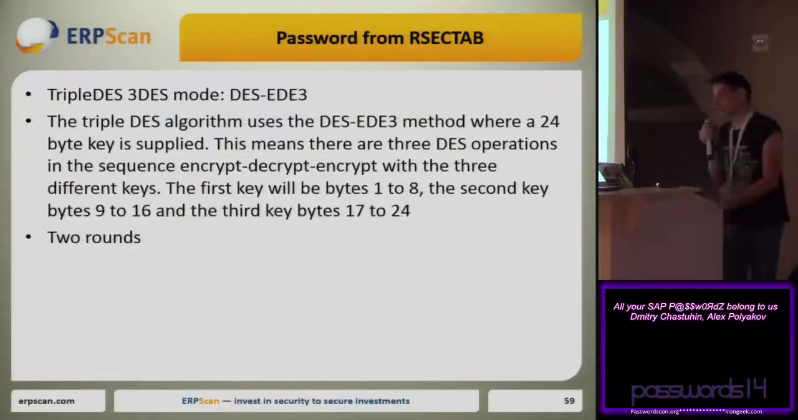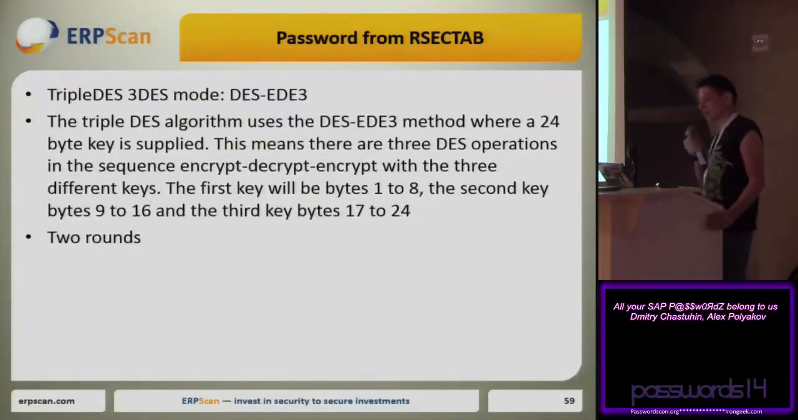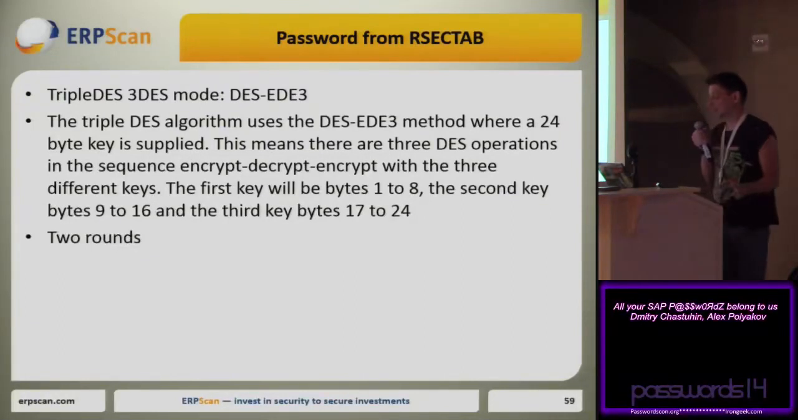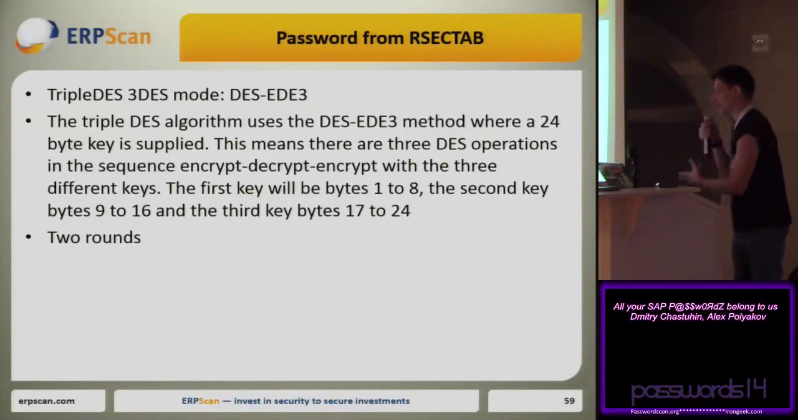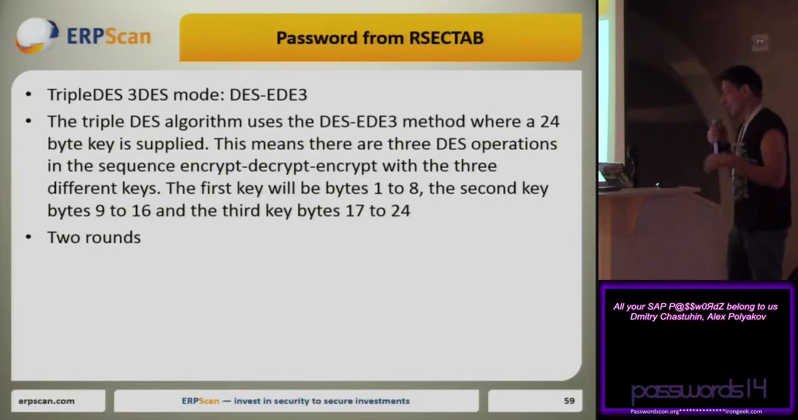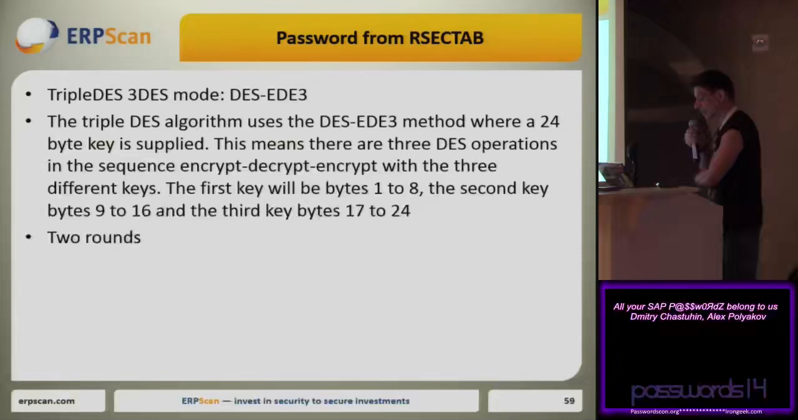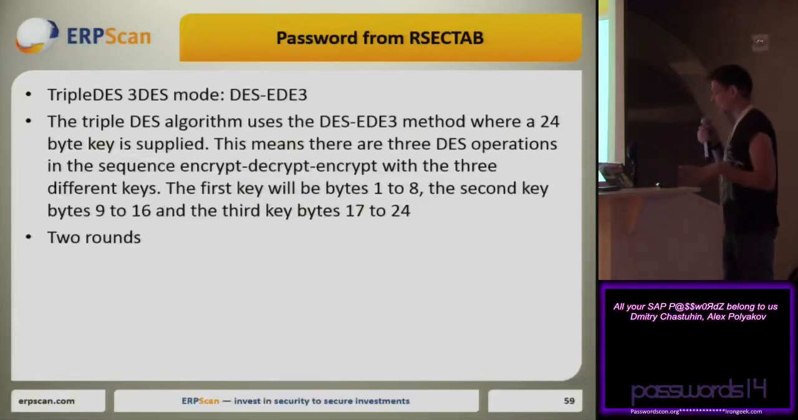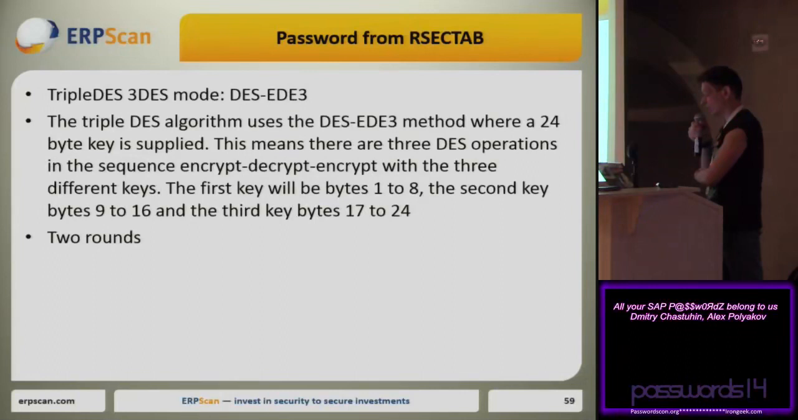For encryption, the triple DES algorithm uses the DES ede3 method with a 24-byte key supplied. This means there are 3 DES operations in the sequence: encrypt, decrypt, encrypt, with 3 different keys. The first key will be bytes 1 to 8, the second key bytes 9 to 16, and the third bytes 17 to 24. And there are 2 rounds of